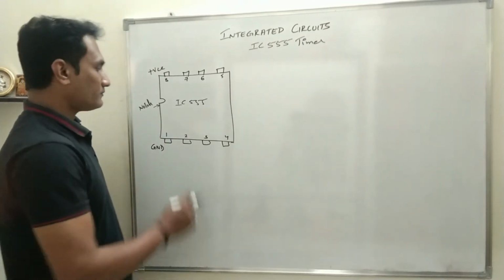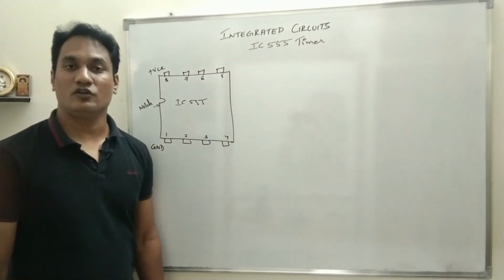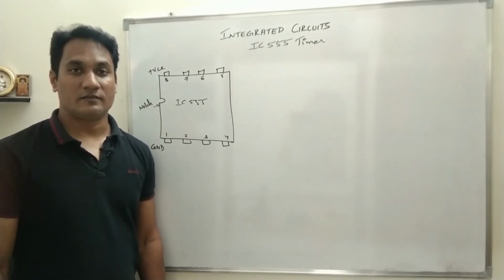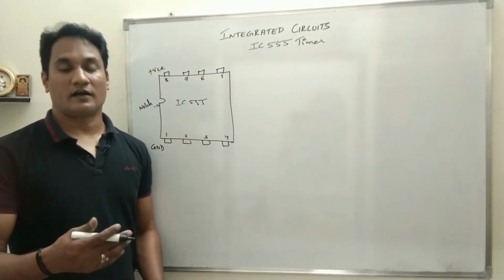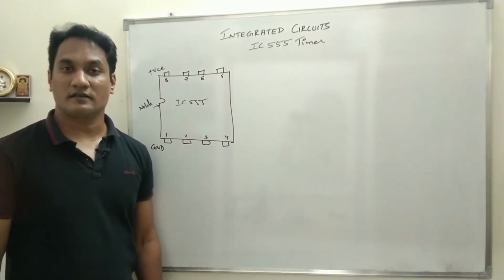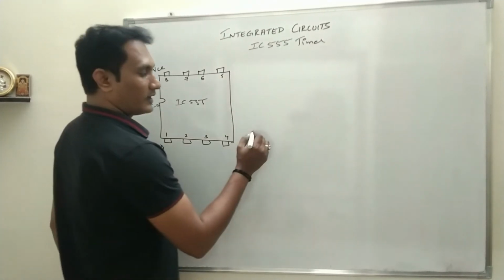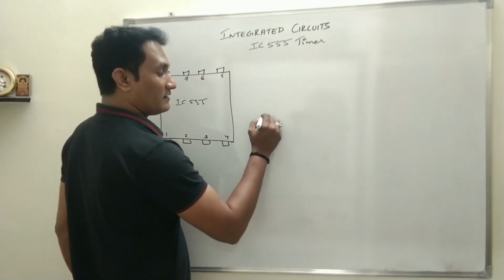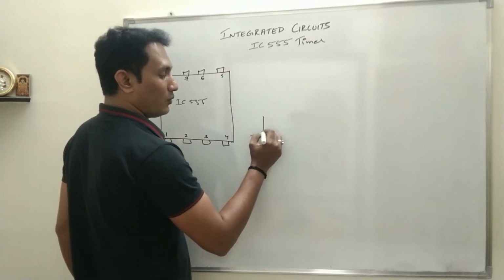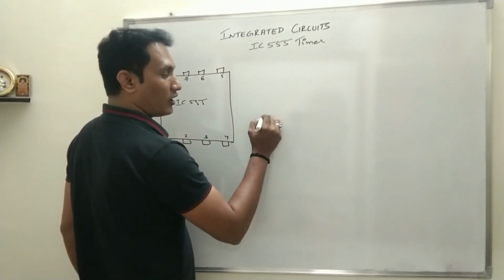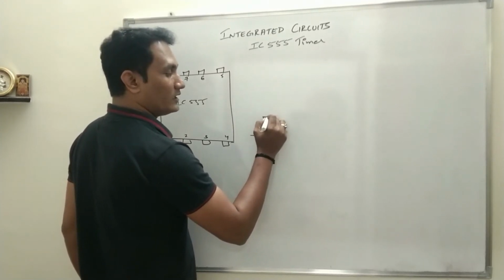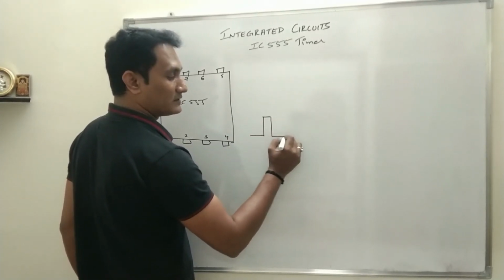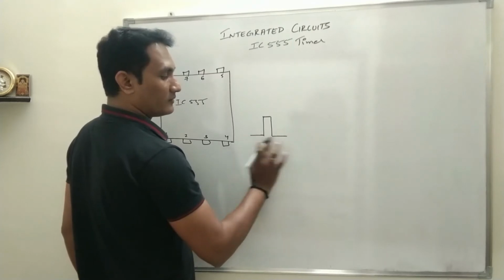And then see what are the applications which I told you about the IC 555 timer. The IC 555 timer can be operated as monostable and astable. Monostable means the output will be 0. When you give external triggering, the output will become 1, but just for a small moment of time. Then automatically it will change from 1 to 0, back to its initial state, that is the stable state. So there will be only one stable state, mono.